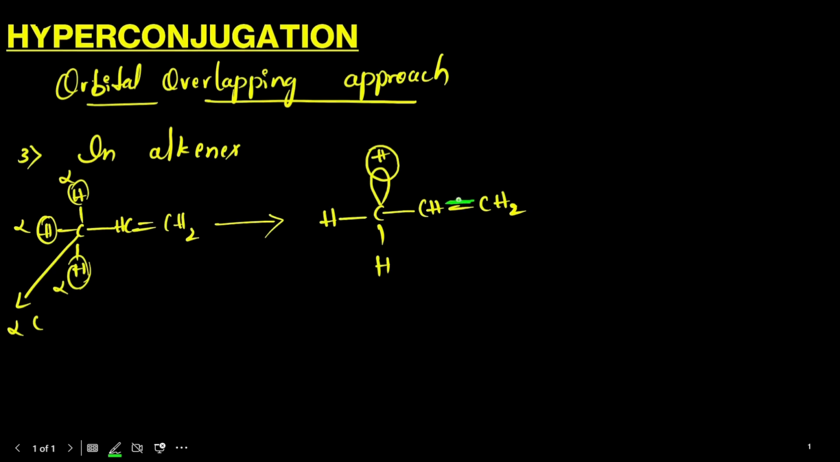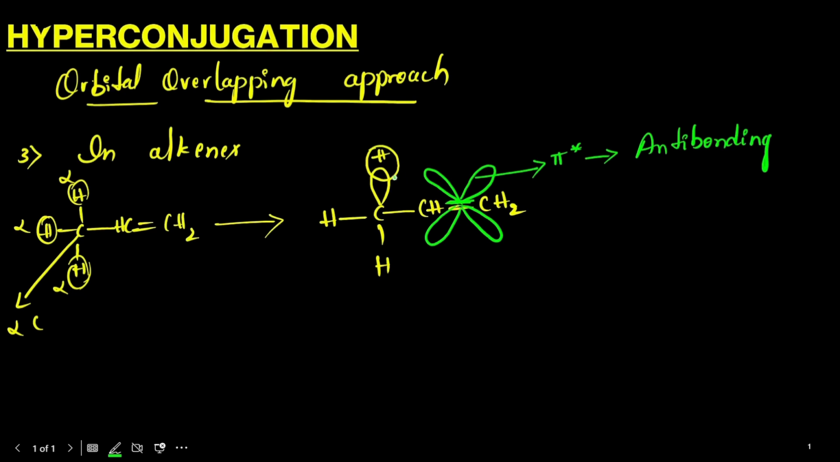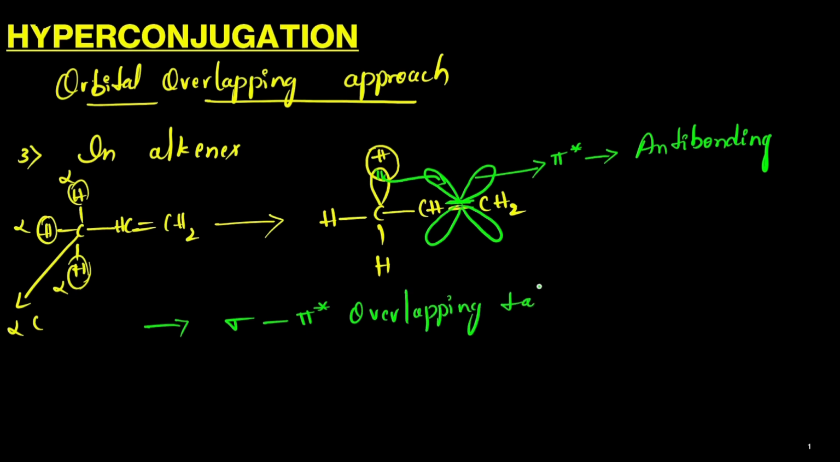Okay, which also consists of a vacant pi star orbital. This is the pi star orbital, that is nothing but the anti-bonding orbital. So here these two sigma electrons overlap with the pi star anti-bonding orbital. In alkenes, sigma and pi star overlapping takes place. Again this sigma is of carbon and hydrogen, and here sp3 hybridized carbon, and